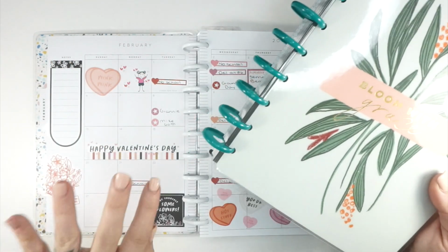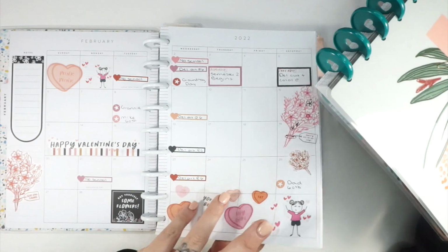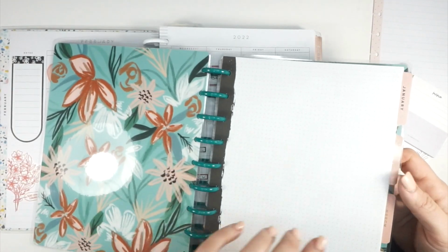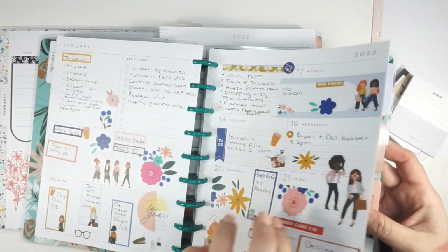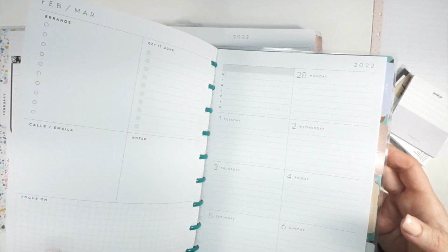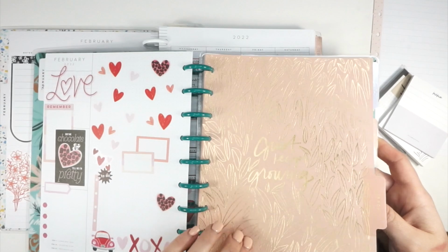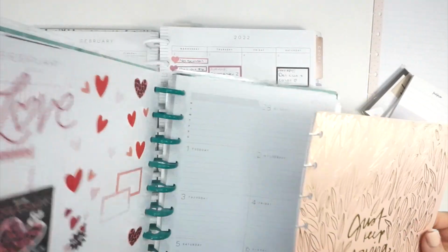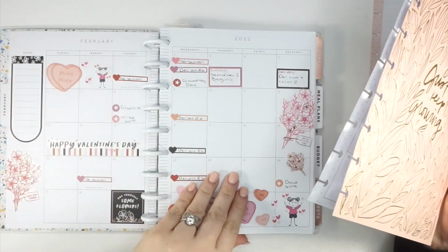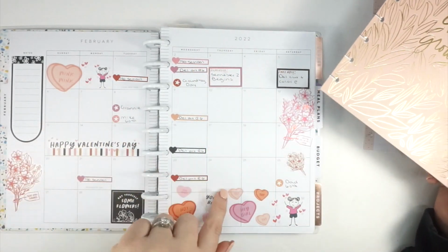So, long story short, when we get towards the end of the month, because we're talking about the monthly view, the first thing that I do is I go into this planner and I will pull out the next monthly layout, and only the month. I don't grab the weeklies. I mean, you can't really help but grab the back of one of them, but I only will grab the month, and I'm just gonna do this and then I'll put this back in here just to show you my process. Some of you have set up planners with me before, but I usually already have this in here, but I will grab just the monthly layout